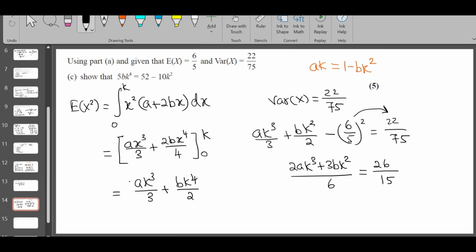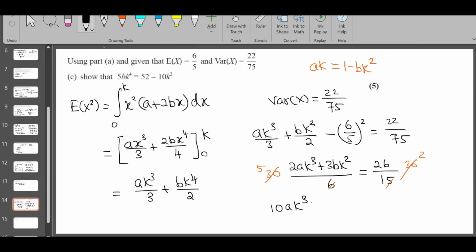Okay, so far so good, right? Now, to get rid of the fraction, I'm going to take the LCM of 6 and 15, that's 30. 5 sixes are 30, 2 fifteens are 30. I'm going to multiply throughout by 30. So here when you multiply by 30, it becomes 5. Here when you multiply by 30, it becomes 2. So it's basically